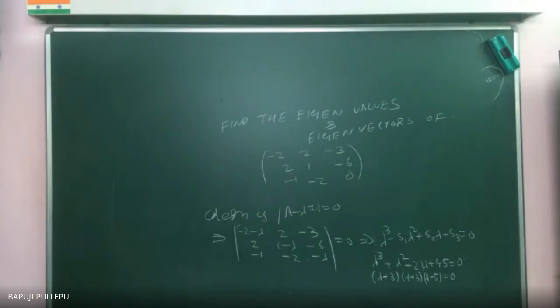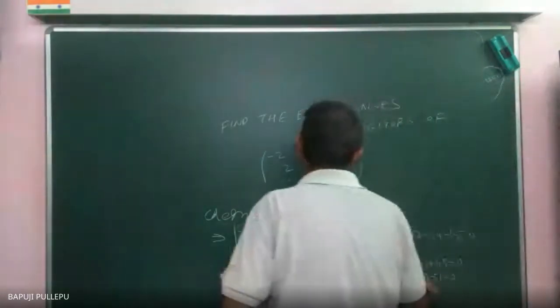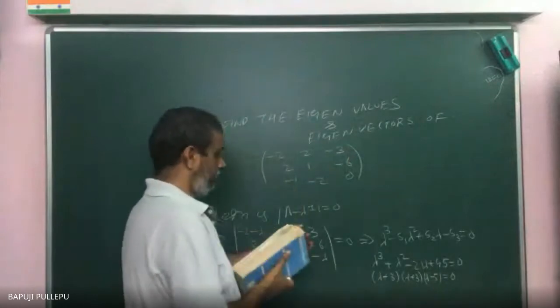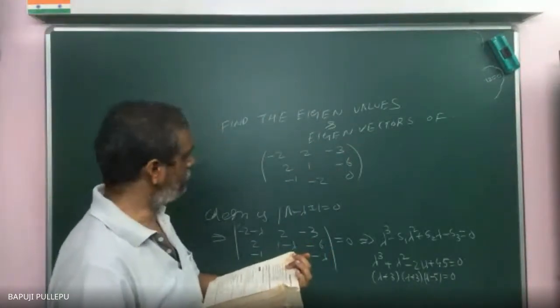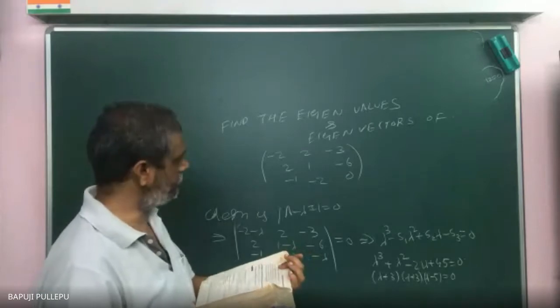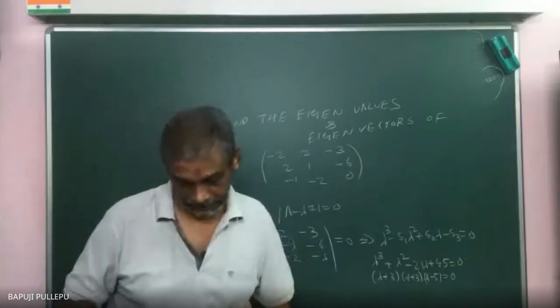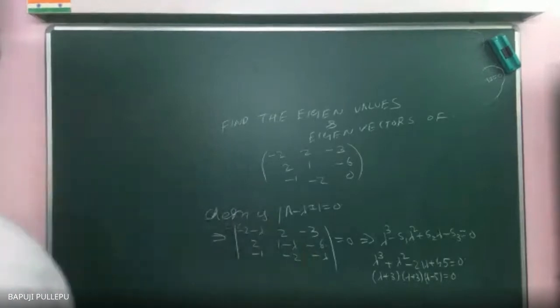After that, breaking that equation, you will get minus 3, 5. Up to this you know, I'm just skipping. Correct? You can do it, but don't leave it. Don't copy down also. Just give some space, you can try also. It's taken for granted you know everything. This also you can keep in your mind. The matrix is: minus 2, 2, minus 3; 2, 1, minus 6; minus 1, minus 2, 0. Because if I ask, you can tell, I'll keep away my textbook.